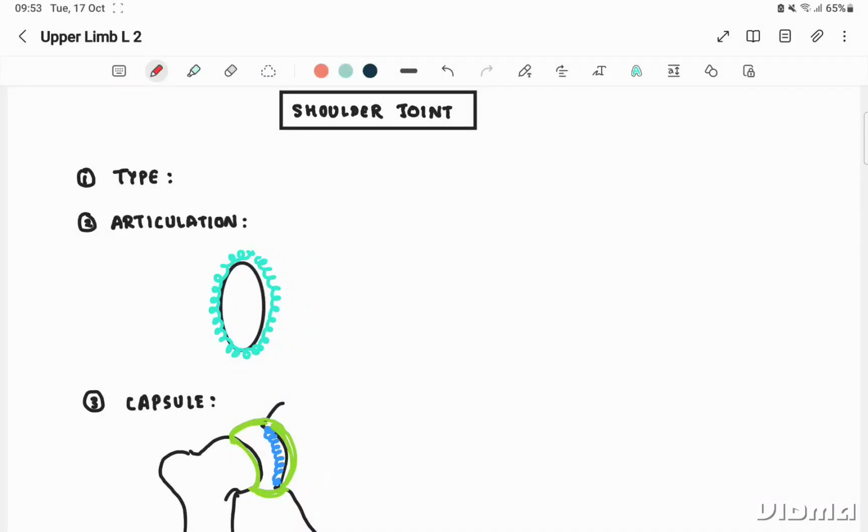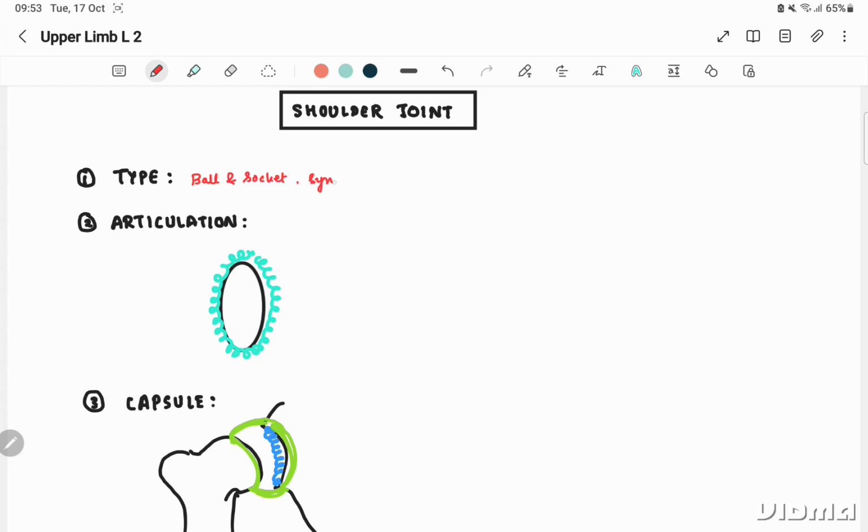So we have completed upper limb lecture 1 up to the breast, and today we will start from the shoulder joint. Okay, so shoulder joint can come as a long question too, so we will discuss it in detail. The first point is the type. The shoulder joint is a ball and socket type of joint,